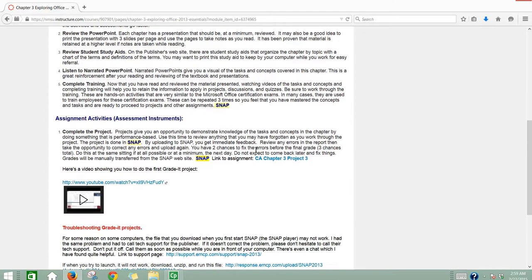In this one, you'll also complete a project on the SNAP website. These projects are very important that are done in SNAP. In this particular one, you'll do a flyer. It's a fairly simple flyer. You'll use the instructions in SNAP, not the ones in the textbook. When you have completed following all the instructions, and it's pretty brief for this first project,